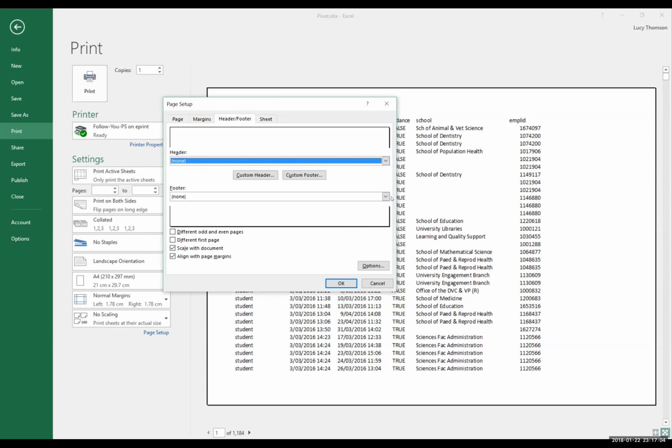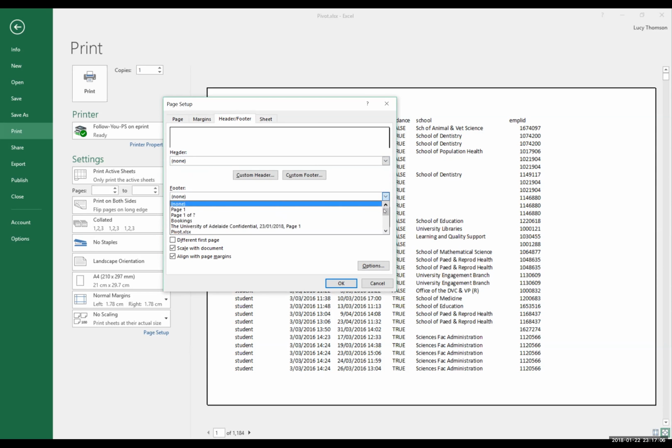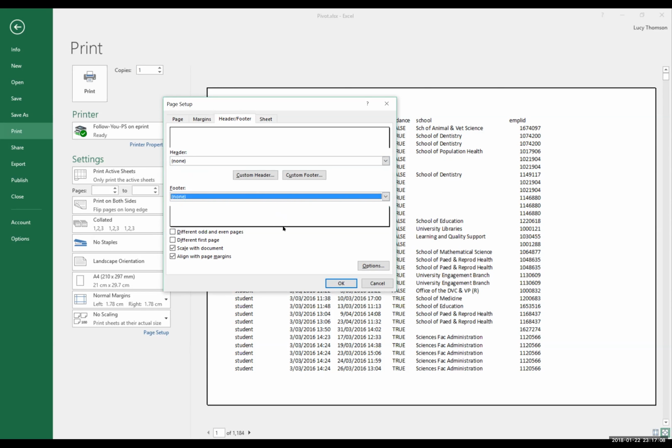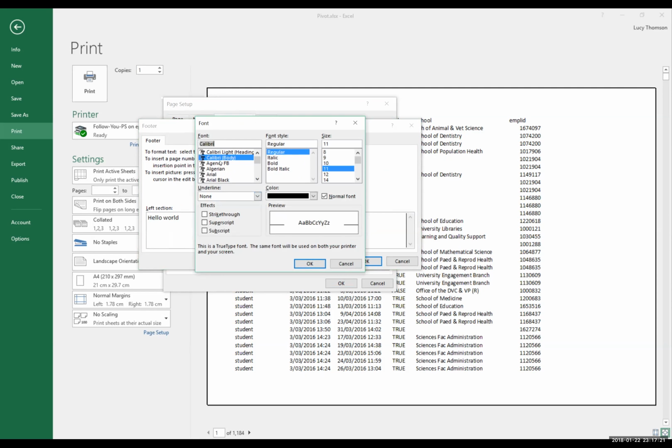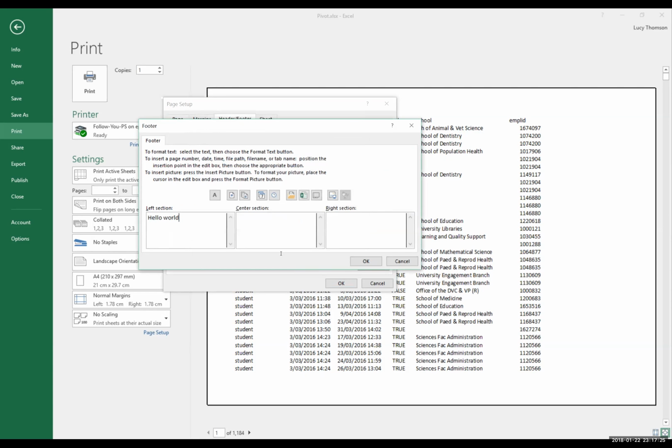It's the same ones that I've got for my footer, but I can also add a custom header or a custom footer. So let's say I went into my custom footer. I can just type anything I want in here. And I can come in and then change fonts and change sizes and that sort of thing. That would be on the left. In the center, I might say, well, I want